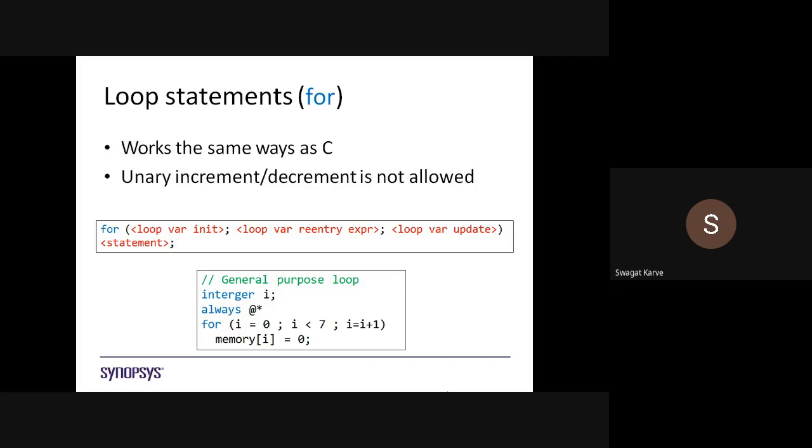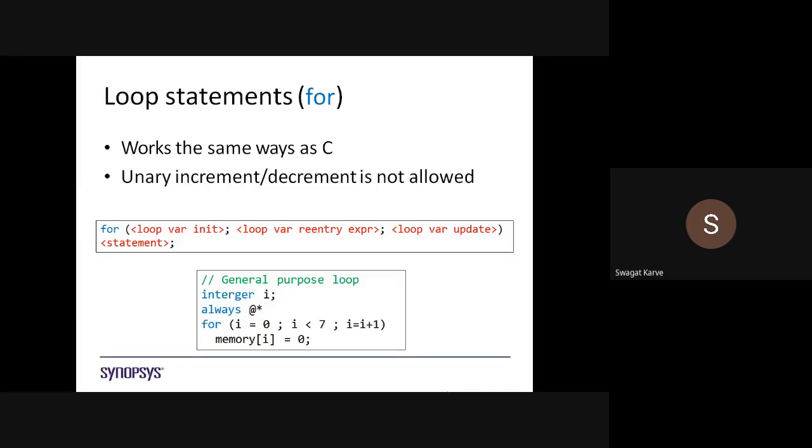What is the syntax to use this for loop? So for, then you have to mention the loop variable, that means you have to initialize the loop variable. Then you have to mention some condition. Then you have to mention the increment or loop variable update statement.